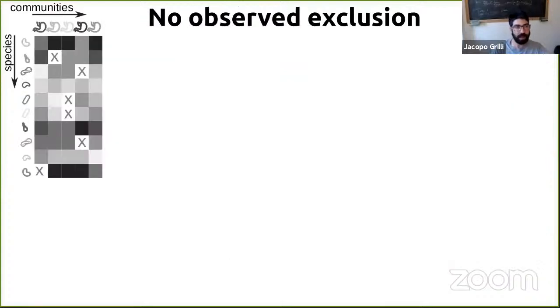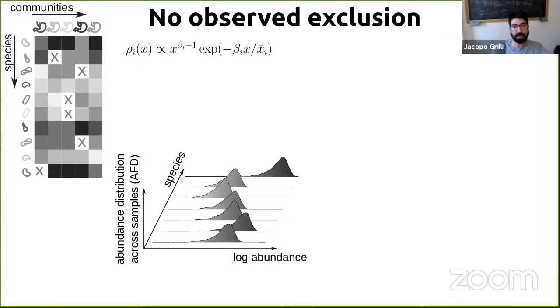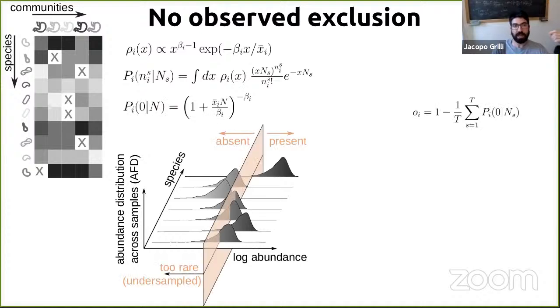Now, there is one unintended consequence of having a gamma distribution describing variation. The consequence is that the probability of having a zero, so the mass at zero, is zero for a gamma distribution. So it's as if all the species were always present. Now, of course, if you look at the data, you find that the vast majority of the species are not always present. So how is that possible? Well, for sure, one source of absence is also sampling, right? If you are sampling a finite number of individuals and a species is rare enough, there is a probability that that species is absent.